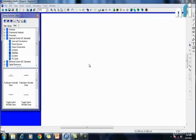Okay, so this is the software in which we are going to learn how to wire a PLC. This software is Automation Studio by the company Famic Technologies in Canada, and it is used in our academy to teach the students how to do electrical wiring, how to make sophisticated circuits, and how to test and simulate them, so that after making circuits in this software,